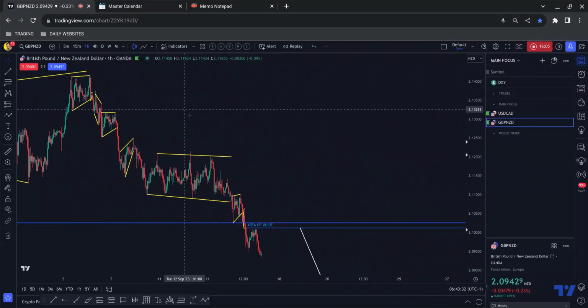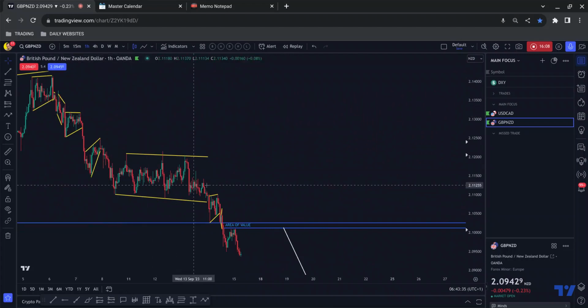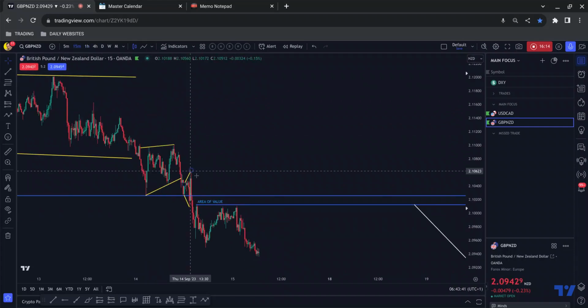So the next thing I'm doing is I'm looking at this impulse down here, and then you can see a slight tight correction out of that, slightly larger tight correction, and then we have a sharp hook point. We have the sharp move up followed by a sharp move down, and that gave me a clue that this is where the liquidity was.